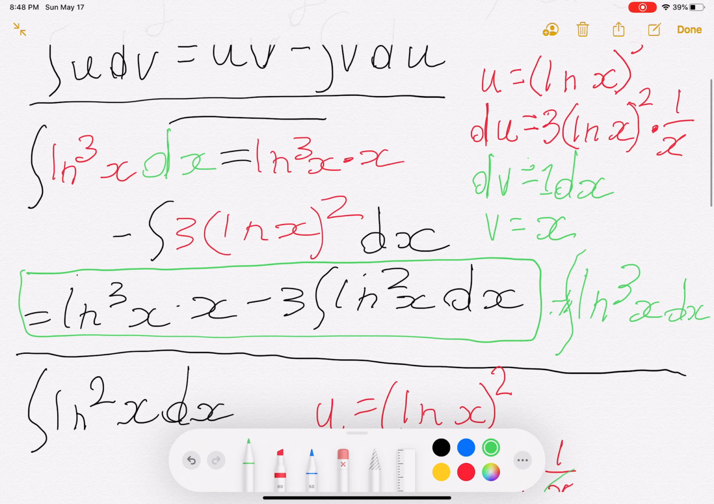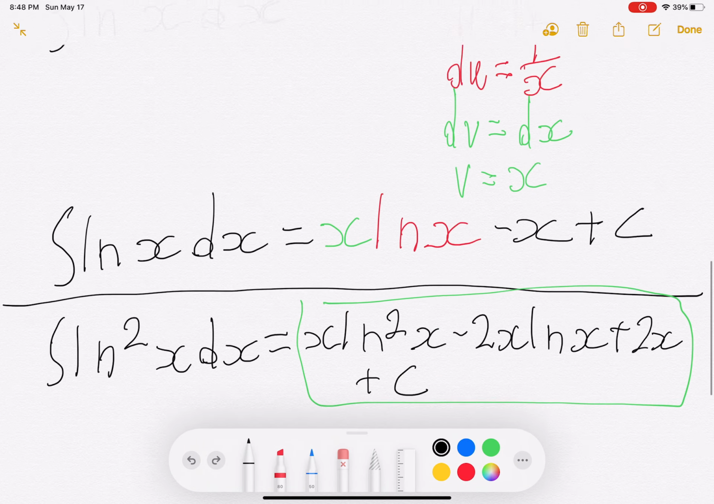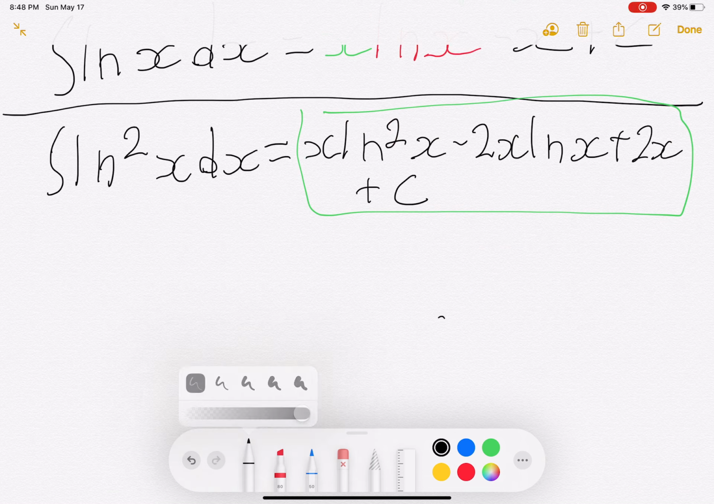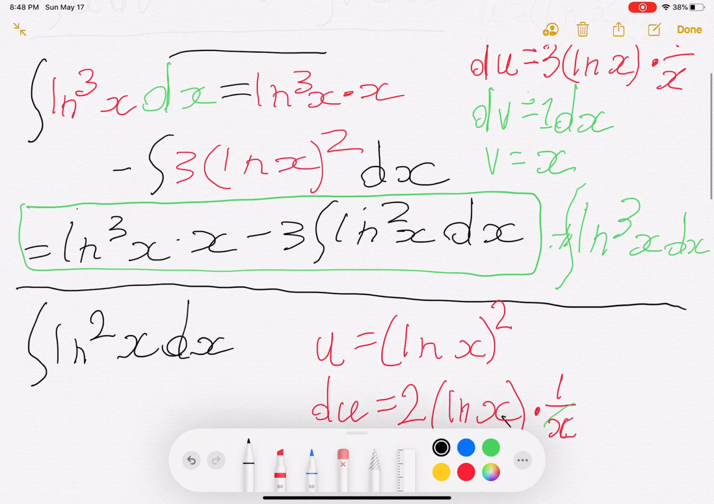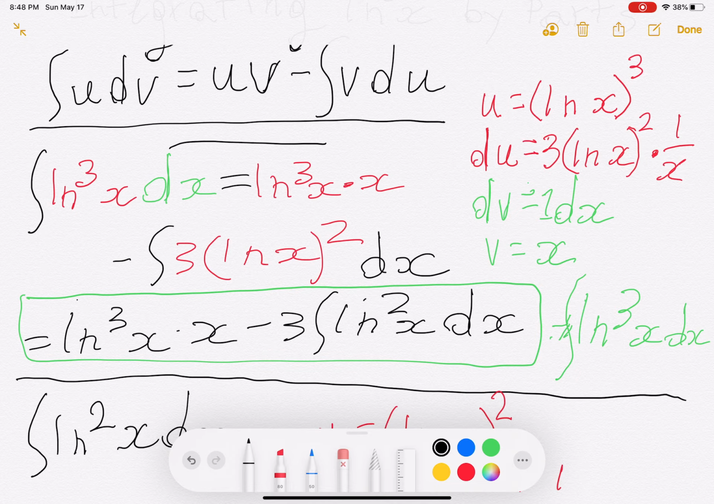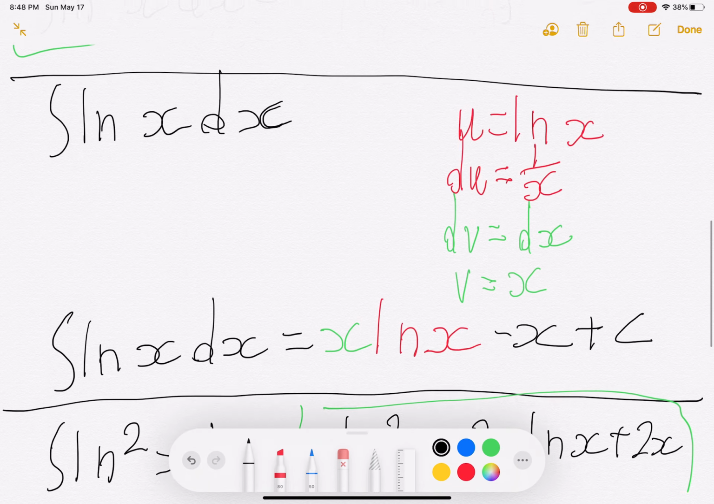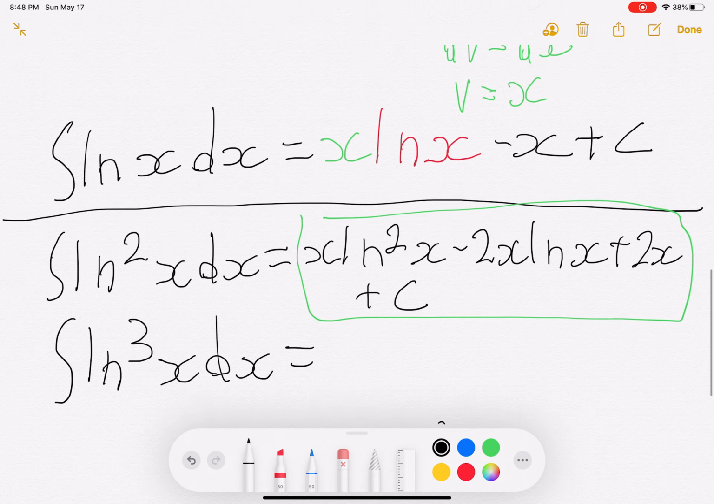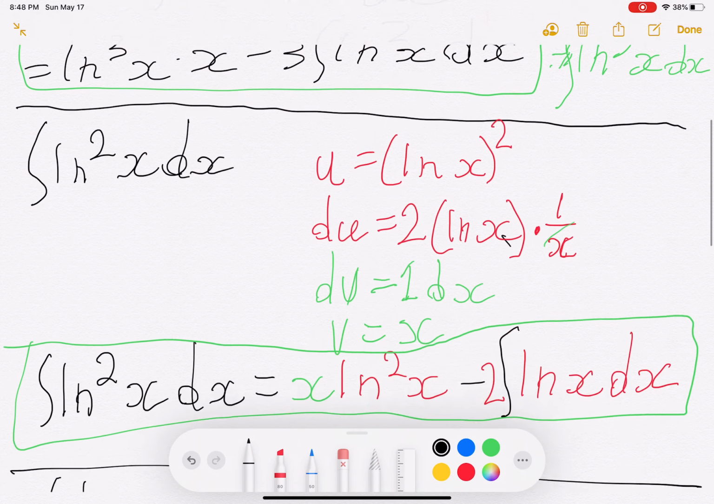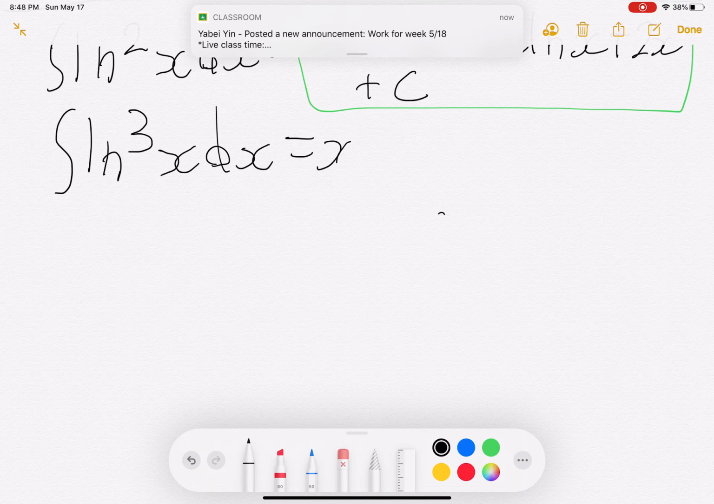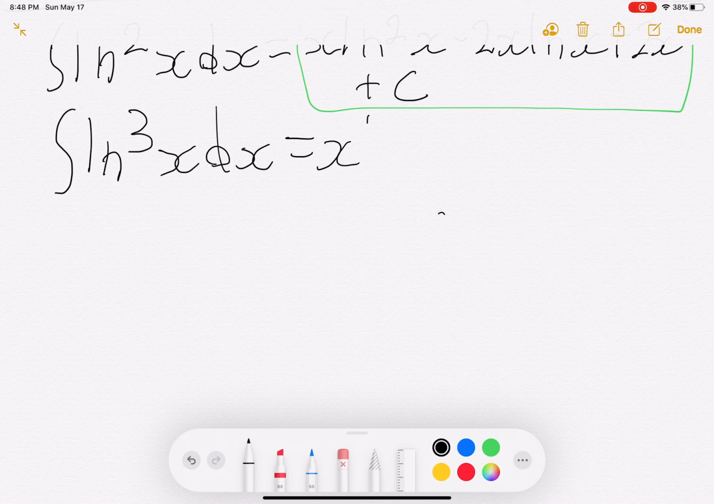all the way back into this equation here. Okay, going to have to go back and forth a few times. So finally, the integral of ln cubed of x dx is equal to, hold on, let me make sure I did that correctly. Okay, I did it. Okay, it is equal to x times ln cubed of x minus